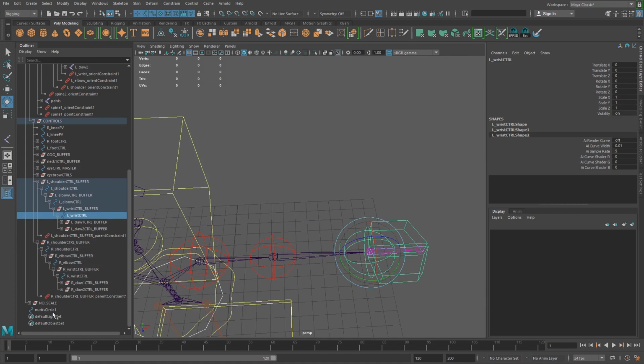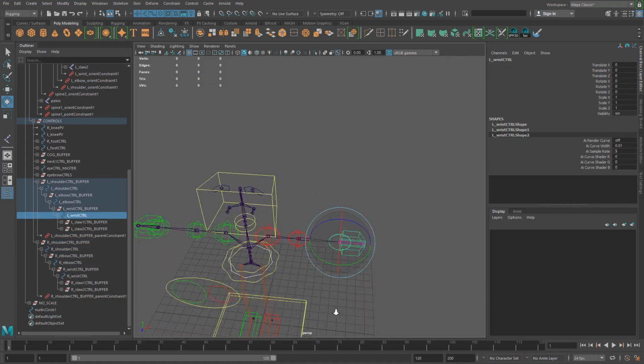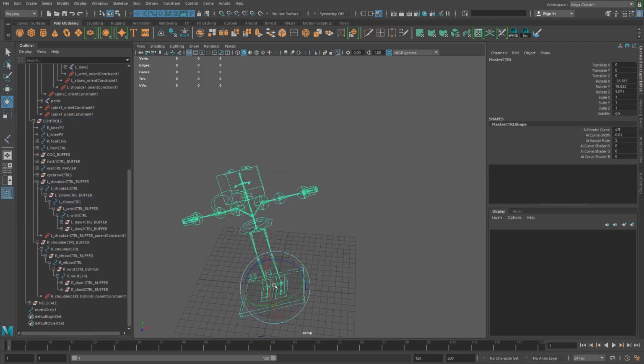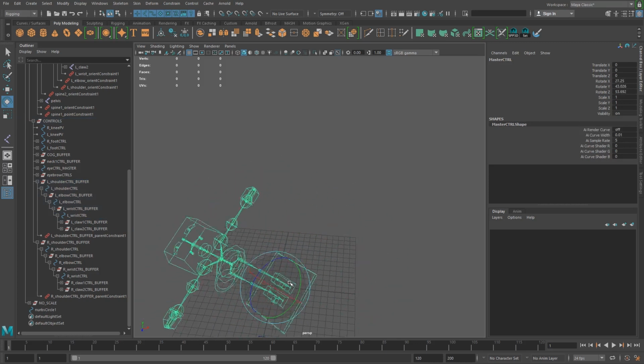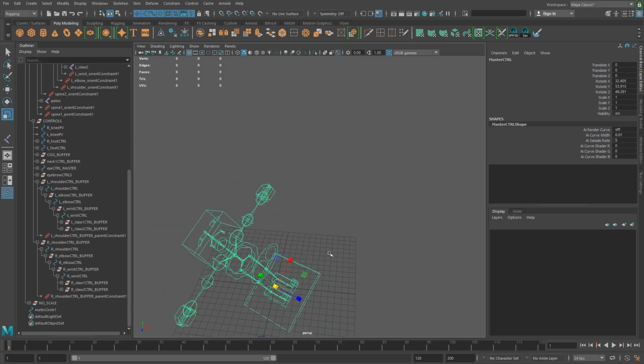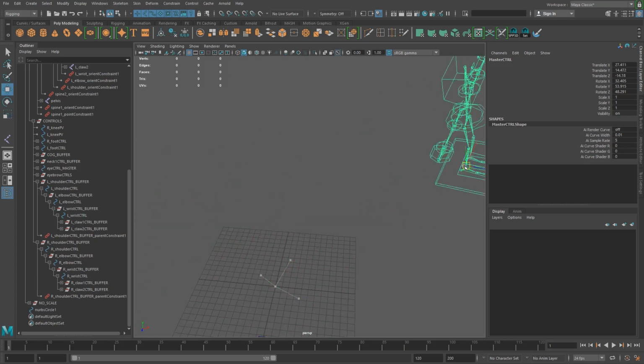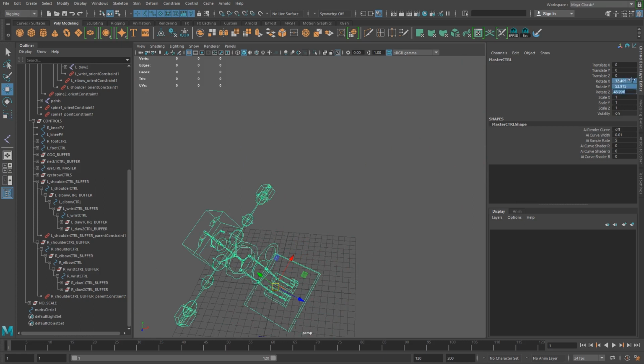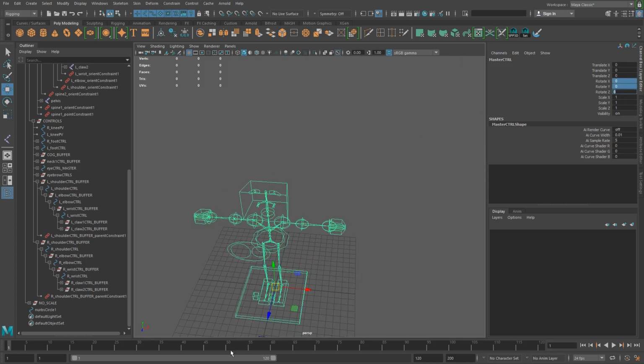Okay, and then because those automatically got put in the controls group, when I rotate the whole thing, you see that my claw controls go with it. If I scale, everything scales. If I translate, yeah, everything moves. So it's just what we want. Okay,